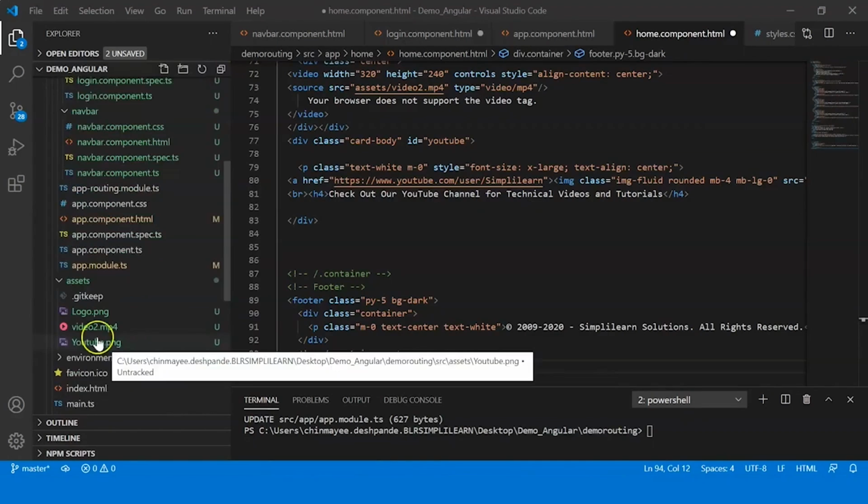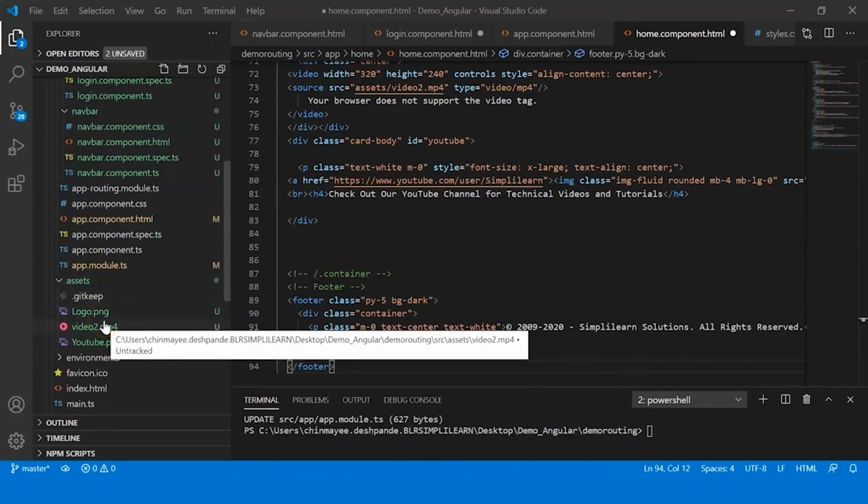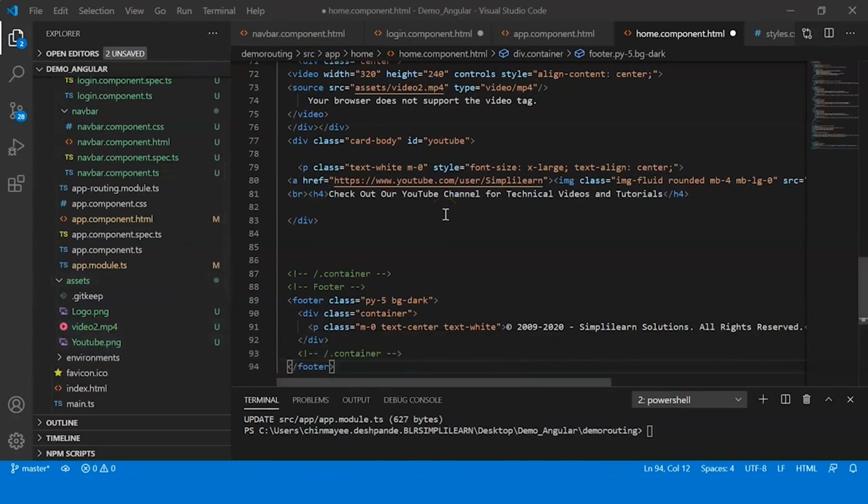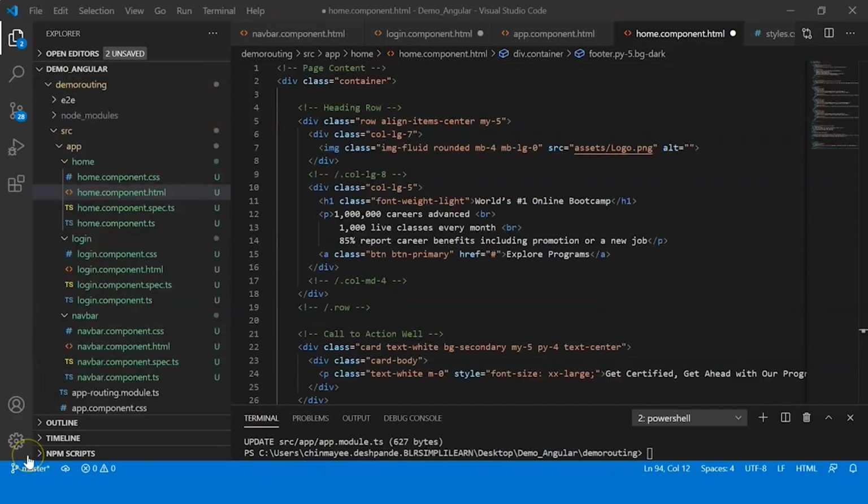And also here in my assets folder, I've added a video and the YouTube logo that needs to be displayed when the home icon is clicked. Alright, so now that we've created the home and the login components, the next step is to configure the routes